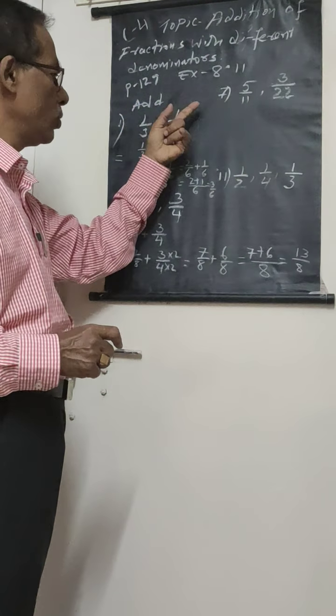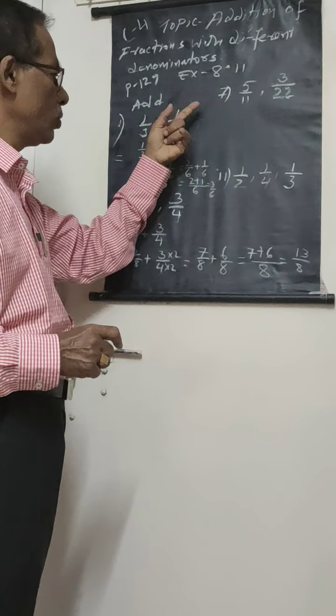Up to the 7th sum it is the same. So I showed you the first one, fourth one, and seventh one. Okay, up to 10 sums are the same like this. You do them. From the 11th, again it is somewhat different. Okay, so I will teach you that one also.